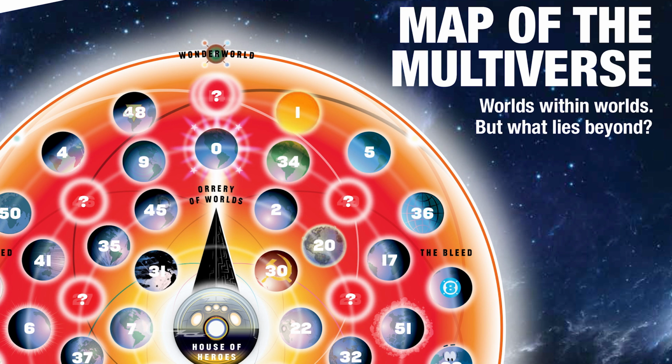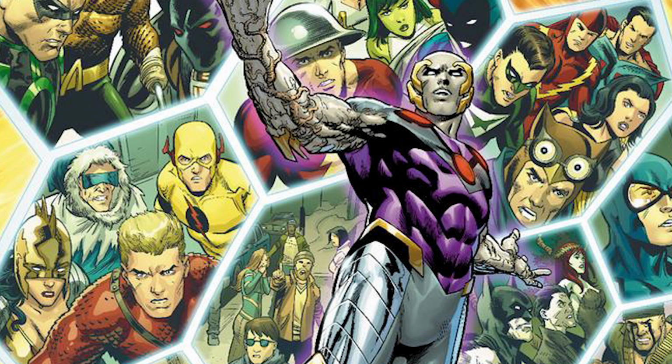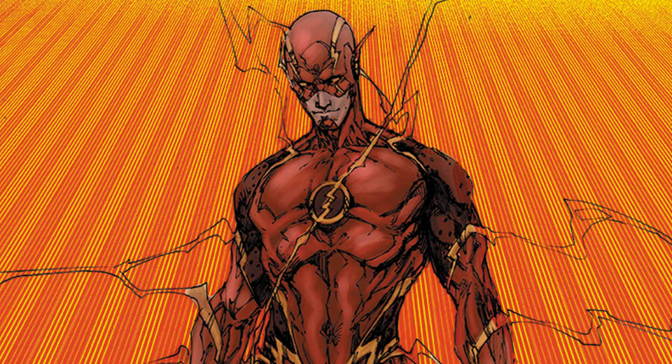Post-Flashpoint, there were 52 versions of Earth left. They felt like this was enough to have some really cool crossovers and a bunch of different versions of characters. Enough so that it wouldn't get too complicated, but that ended up being the case anyway. So that's where you get to the big Convergence event right now, where they're trying to collapse a bunch of timelines, get rid of a bunch of stuff, reboot the characters. That's why they keep advertising the New DC Universe.